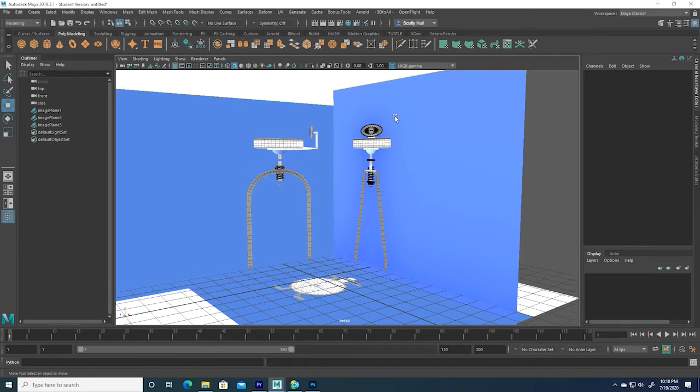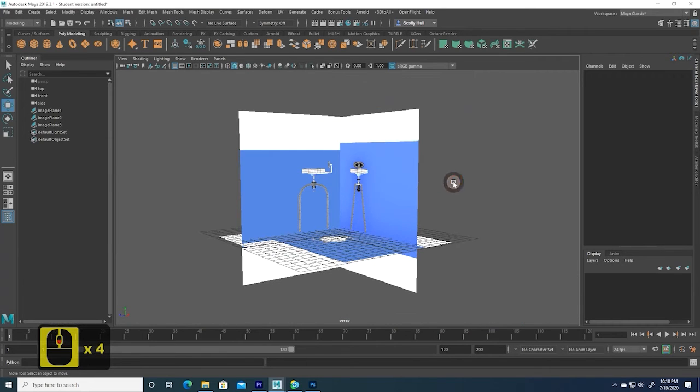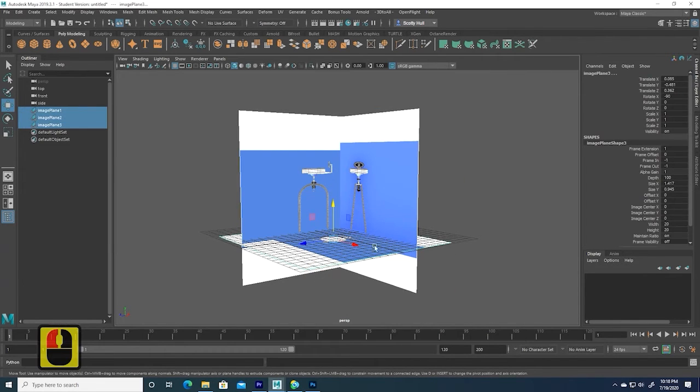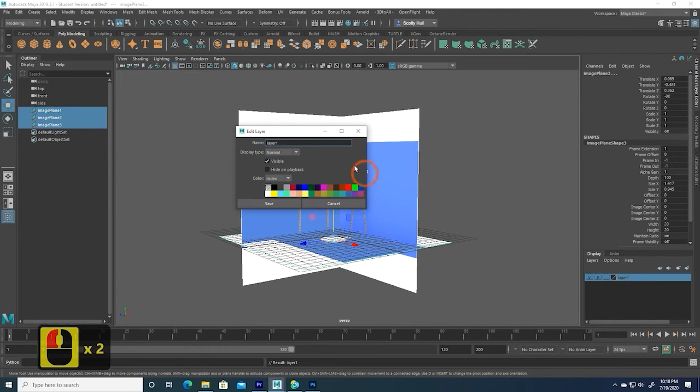but they can also get in the way as we're modeling. In other words, if we're trying to select some of our models, in turn, we're selecting our image planes. So I'm going to go ahead and put those on a layer. I'm going to create a layer in my channel box editor over here, my display layer area, and with those image planes selected, I'm going to click on this little icon and add them to this layer. Okay, and I'll name it